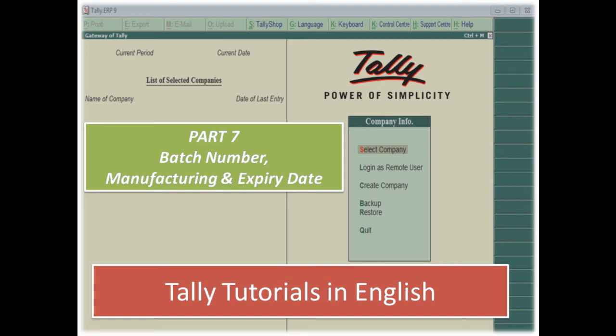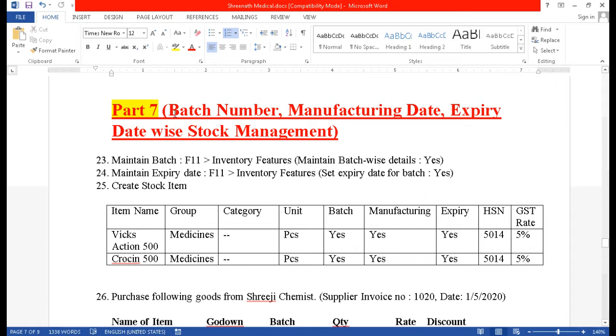Hello friends, in this video we are going to learn one more additional feature to maintain the stock in Tally. In an earlier video we learned how to maintain stock with batch number. In this video we are going to learn batch number wise stock management with the manufacturing date and expiry